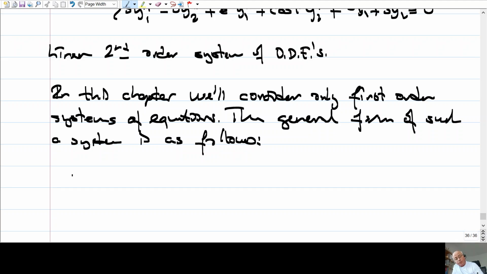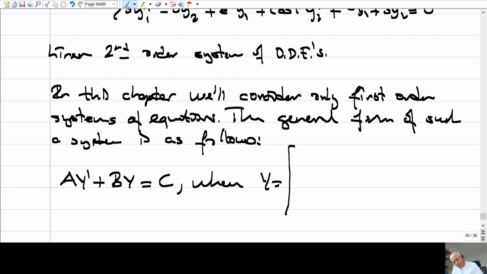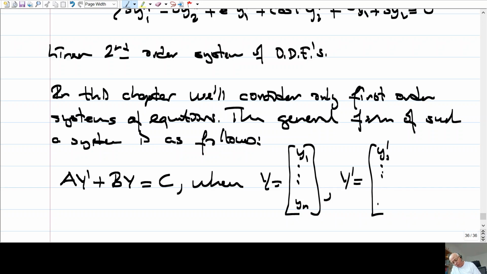We will have something like this: A y prime plus B y plus C, where y is y1 up to yn, and y prime is of course just the derivative terms,